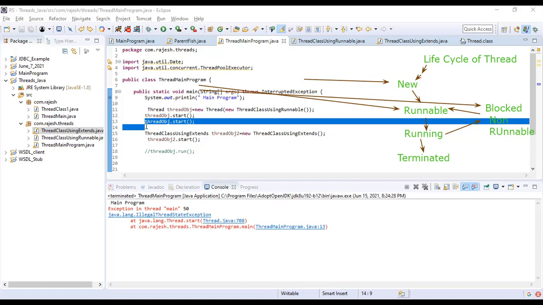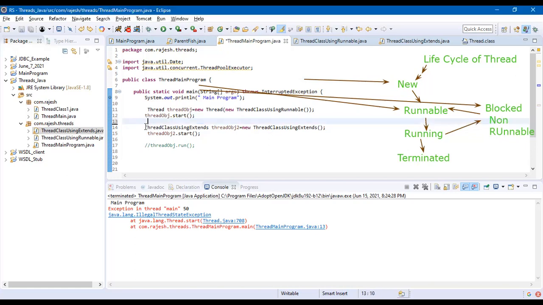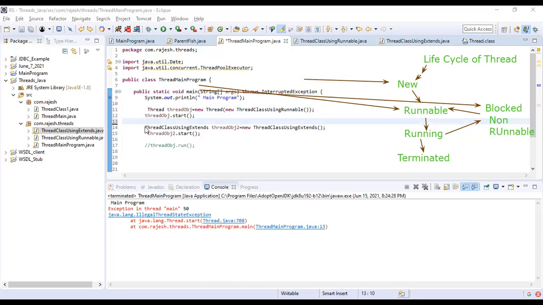Next is something I've rarely used, let me just try it out. We have something as thread.join.